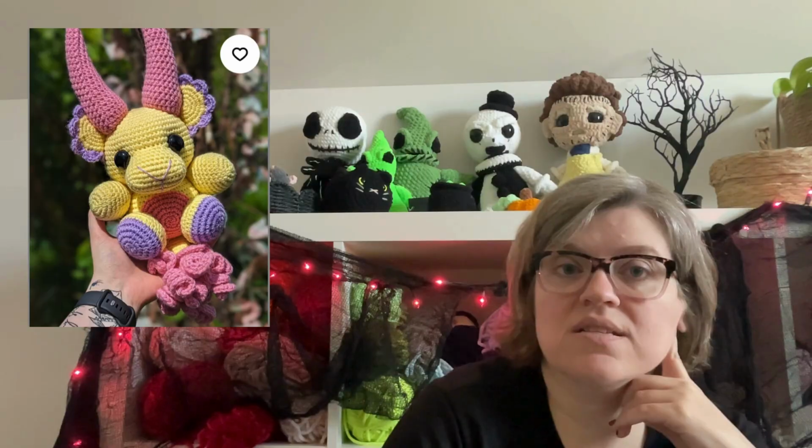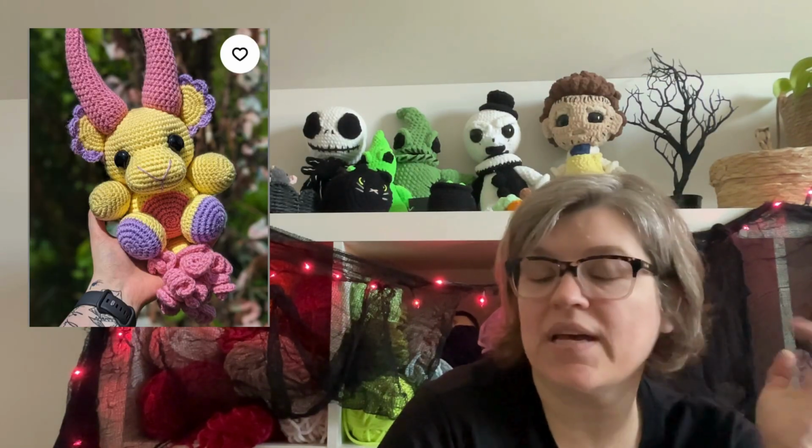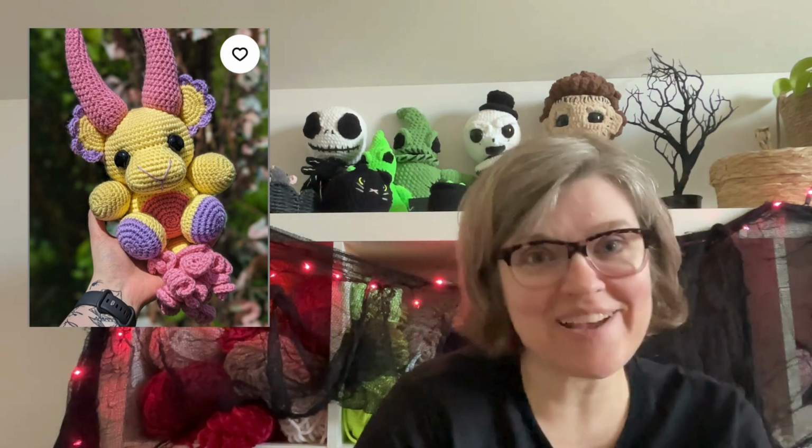I would love to get this. This has been on my wish list for a long time. Maybe one day I'll actually get it. Okay, now since these are Halloween patterns, I feel like I have to add our favorite Halloween characters,